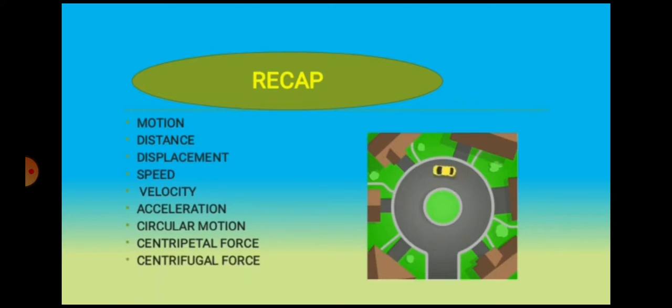Centrifugal force, force arising from the body's inertia which appears to act on a body moving in a circular path and is directed away from the center. Next we saw the force of attraction between an object and the center of the earth due to their masses, which is called gravity.